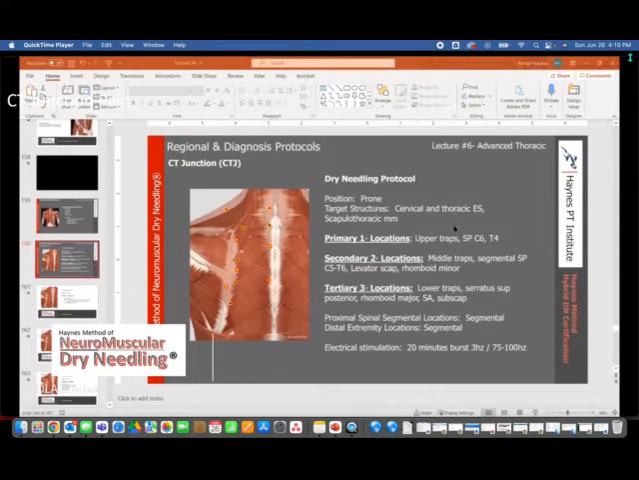Here, our primary locations are going to be upper traps adjacent to the spinous process of C6 and T4. That'd be those muscle groupings that we did in the introductory cervical spine that will accommodate all of that erector spinae group in the cervical spine. Our secondary locations would be the middle trapezius, and then segmentally the spinous process of anywhere from C5 down to T6. Secondary, again, we had to include the levator scap, rhomboid minor, and then getting to our tertiary locations would be lower trap, serratus superior posterior, rhomboid major, serratus anterior, and then subscapularis. But let's look